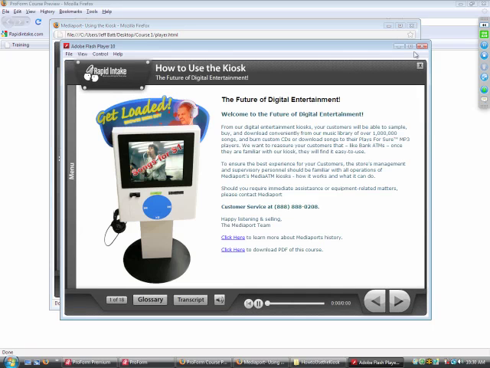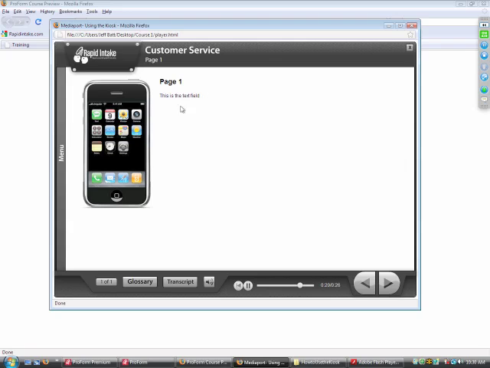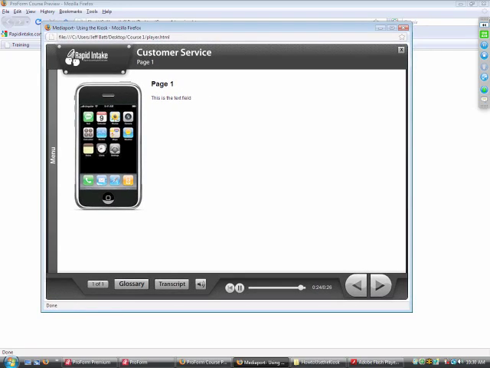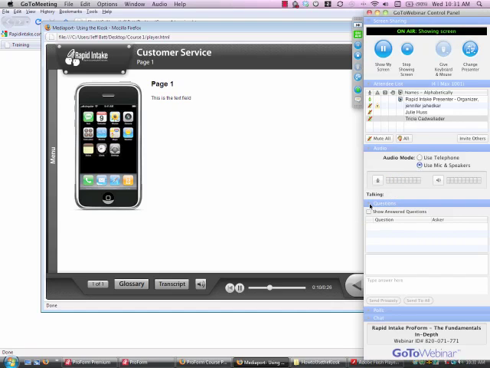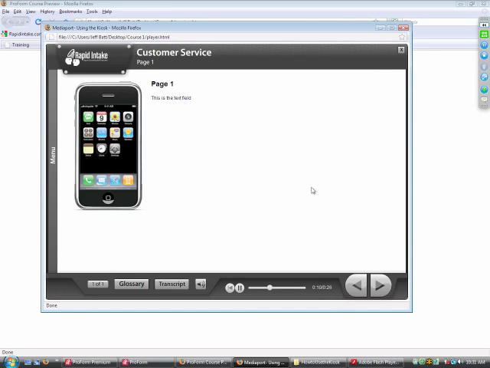So let's go ahead and now talk about how to get audio and how to get images ready inside of ProForm. Let me actually pause here to see if there are any questions. I'm not seeing any questions, so if you have any questions as we're going through this, feel free to type